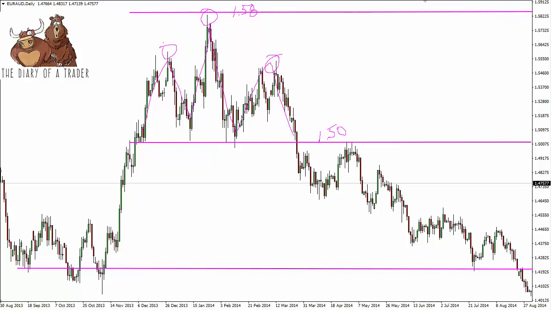And you can see it was a self-fulfilling prophecy. Yes, you had to take your time, you had to be patient because it was such a large head and shoulders, but you can see that enough of the market participants saw that pattern and just essentially assumed that it would work out, and as you can see, it eventually did.